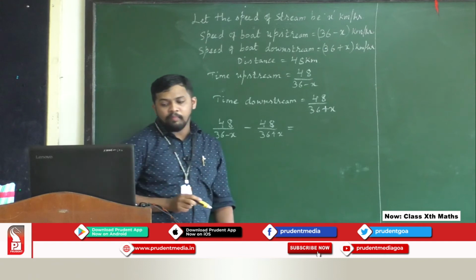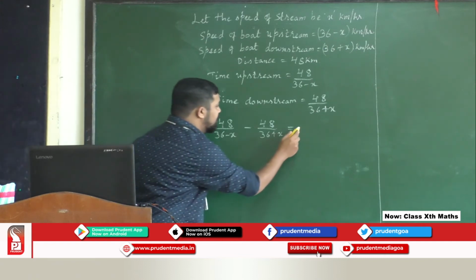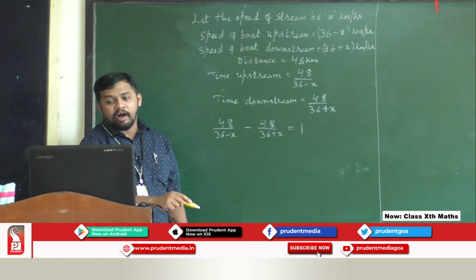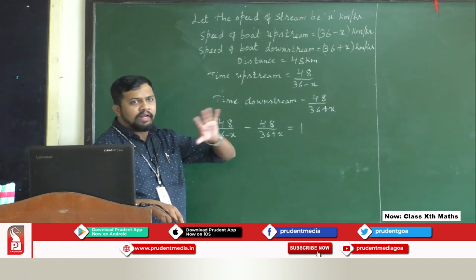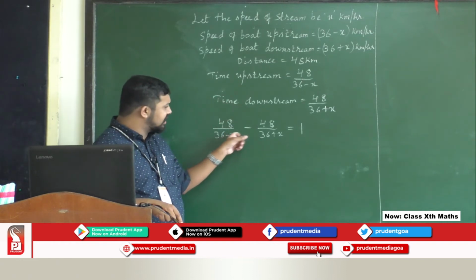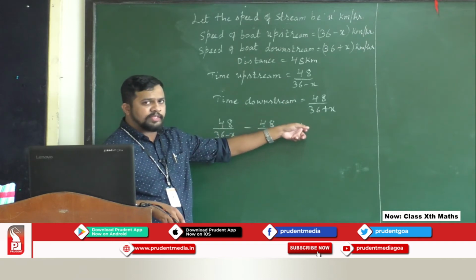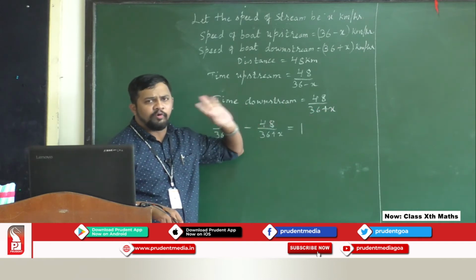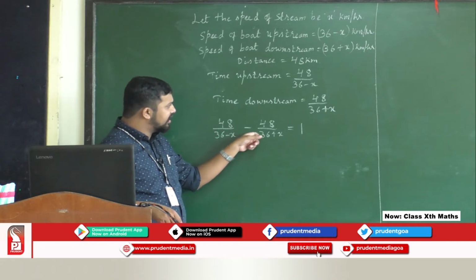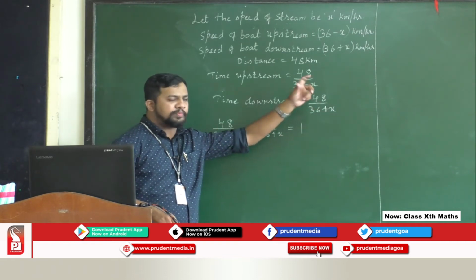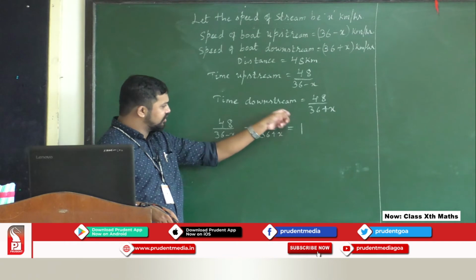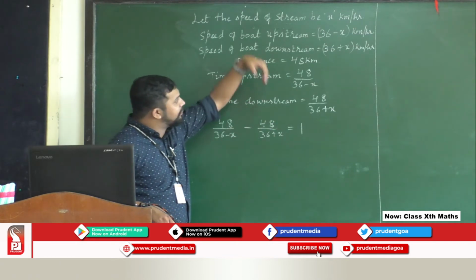By how much it is given to you? It is given to you, it is 1 hour. So 1 hour more. That more, less, you don't consider. You have to just consider this part only. Don't put more means plus or less means minus. Whatever is given, you write. This quantity is negative because speed increase means time has to decrease, so it will be less as compared to the earlier one.